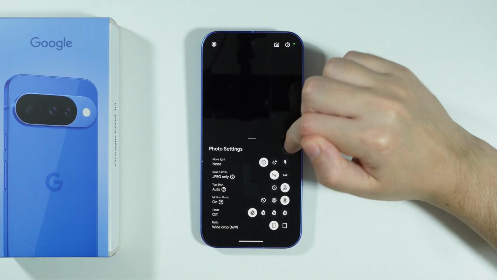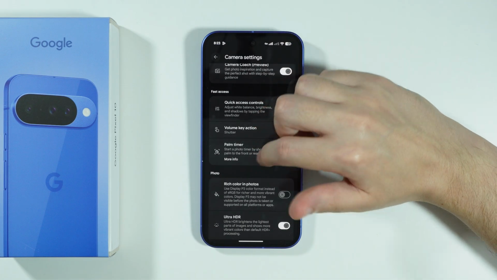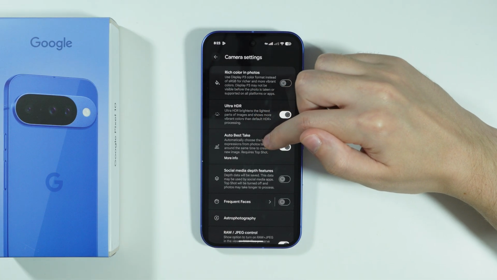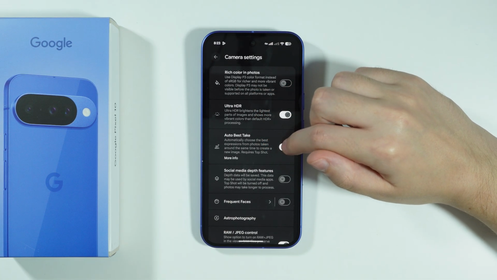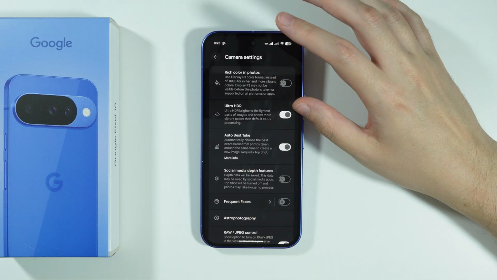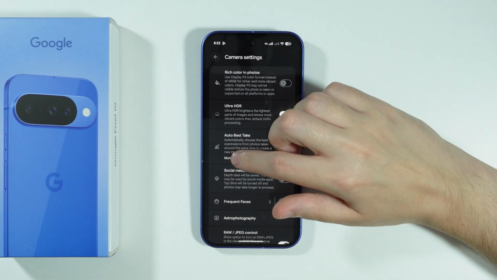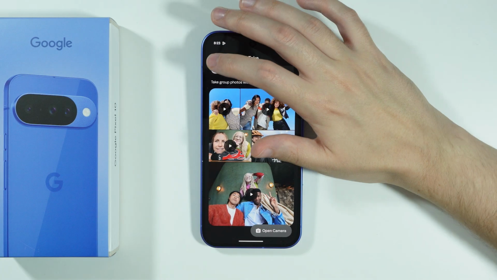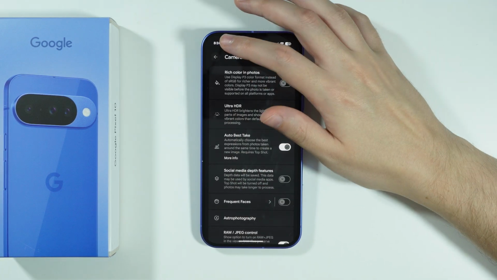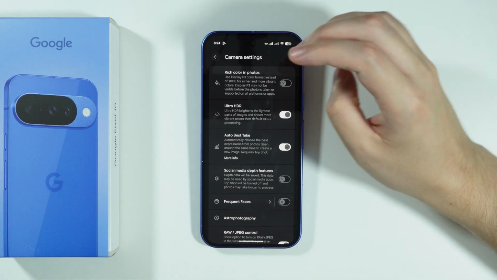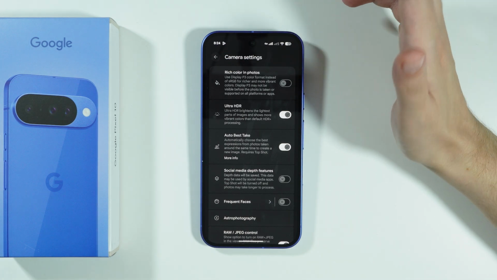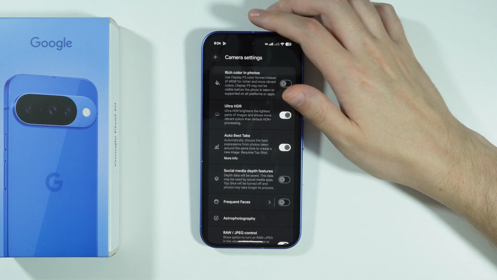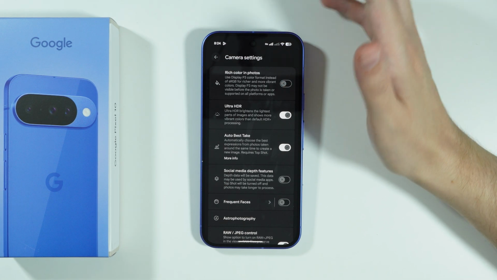And we also have the Auto Best Take option, which is also found in camera settings. In order to use it, we need to use Top Shot, but we can automatically choose the best expressions from photos taken around the same time. So you can capture multiple photos at the same time, and then we can simply get the best one. Maybe even the phone can mix two photos together